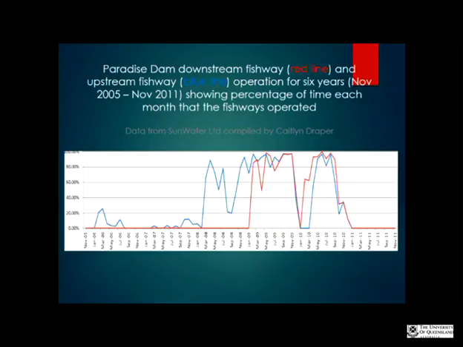You can see, even at the very beginning there, from November 2005 through to January 2009, the downstream fishway was not operational. From January 2006 through to January 2008, it was operational less than 20% of the time. And it goes on like that. It had periods where they would fix it, and then it would break down again. And it would be a long period of being either partially operational, faulty, or just straight out not working at all.